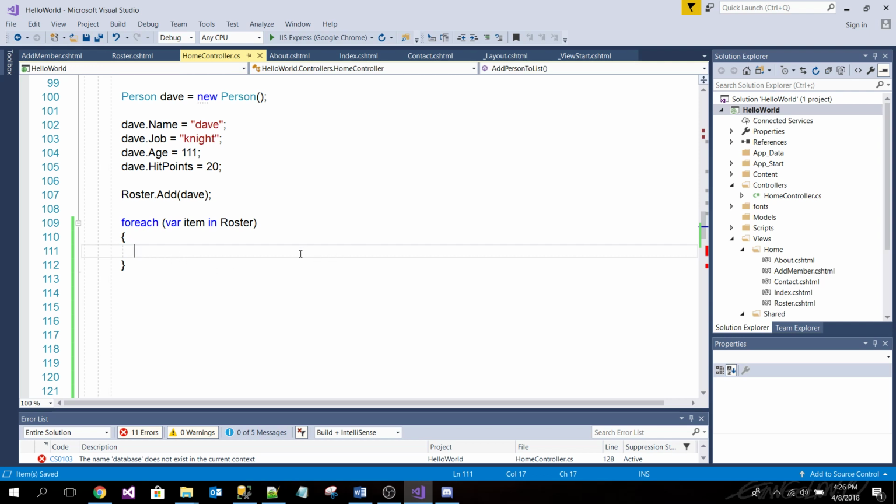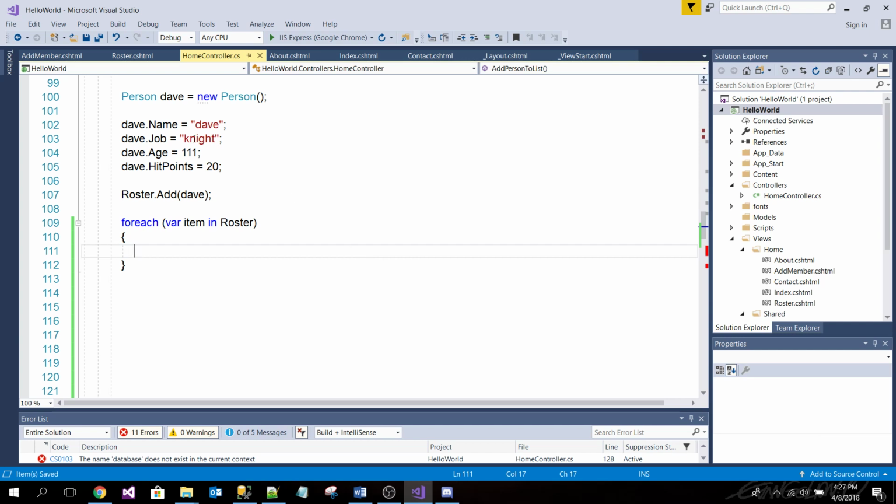So in this case, I have 3 people. Let's say I want to set everybody's hit points to 30. How would I do that? How do you think? Remember, item represents each person in that roster because it's of type person.